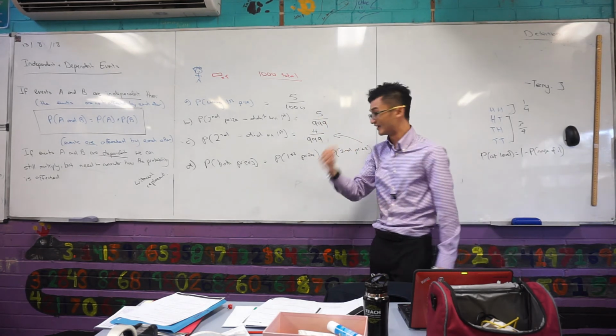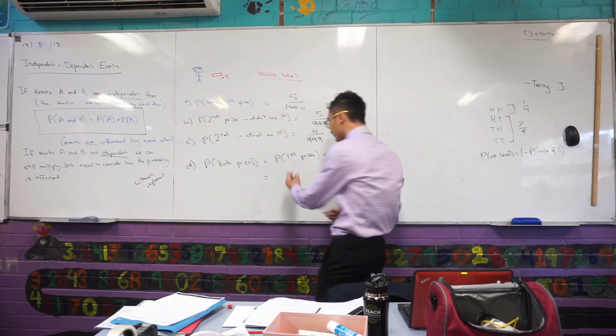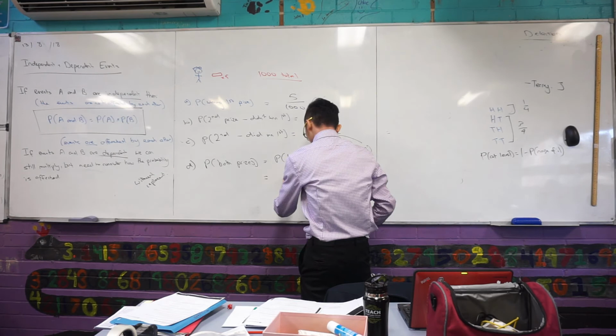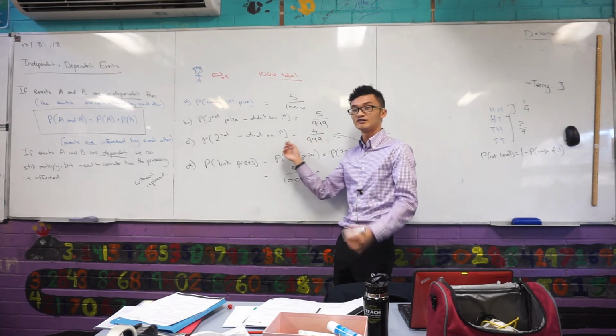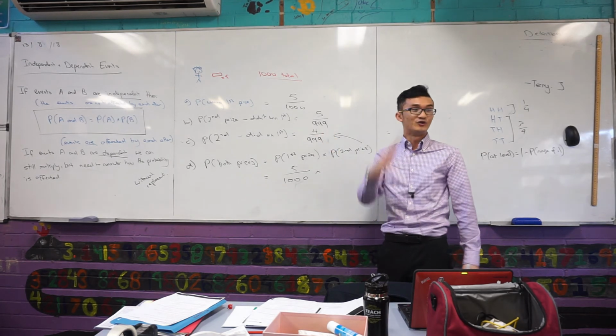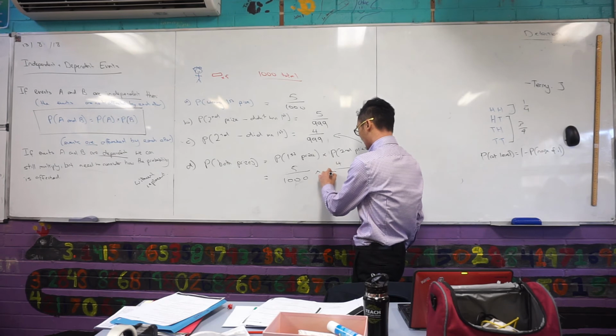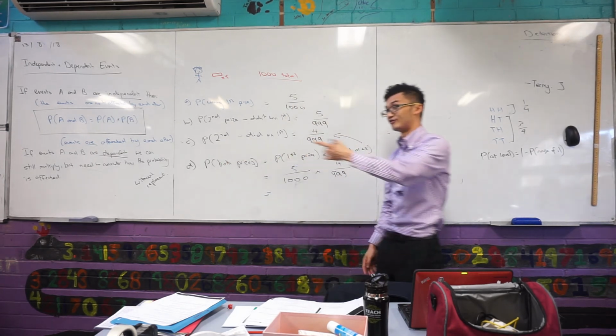So you have to be really careful there. What's the probability of winning the first prize? Well, that's still 5 out of 1,000 either way. But what's the probability of him winning the second prize if he did win the first prize? Well, because he's got one less ticket in there, and there's one less ticket in total, that's just 4 out of 999. And then if you put that into your calculator, I think you get what Freya got, which was